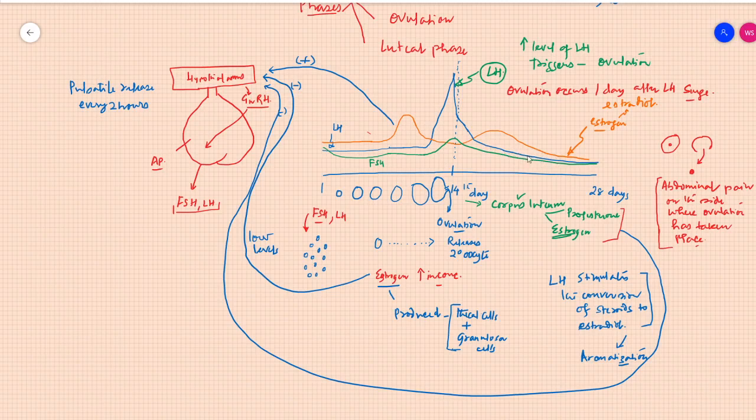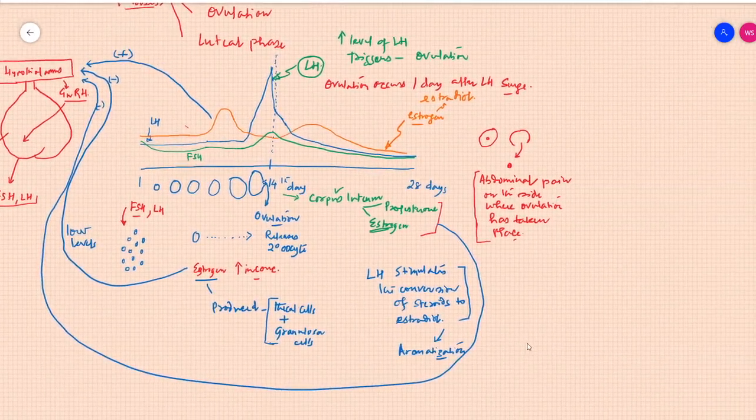You see this? The concentration of LH and FSH is really becoming low. Why? Because this progesterone and estrogen secreted by the corpus luteum is exhibiting feedback inhibition of the hypothalamus. So that is why no egg will mature